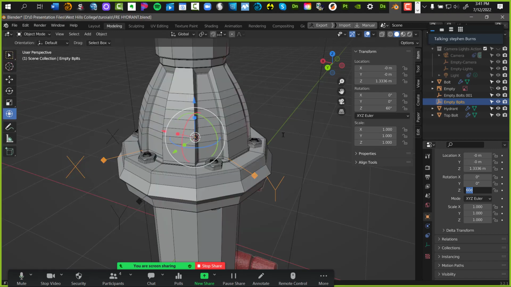So, but in order to make it happen, you have to tell the bolts to rotate around the empty. Go to the empty and put that number for the empty. So empty bolts is there. So the empty is that crosshair thing there. So with the empty selected, I want to come over here. So see that little orange square? That's your object properties for the empty bolts. So go to the rotation for the z-axis, and I typed in 60.